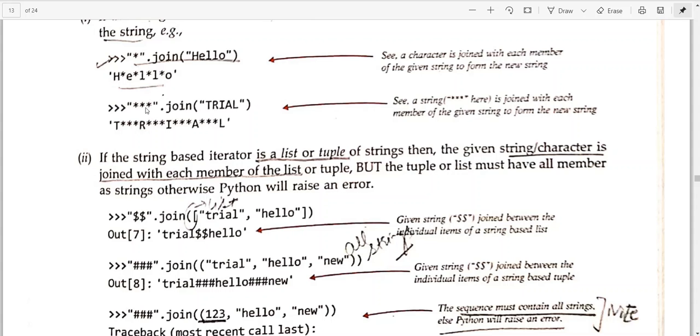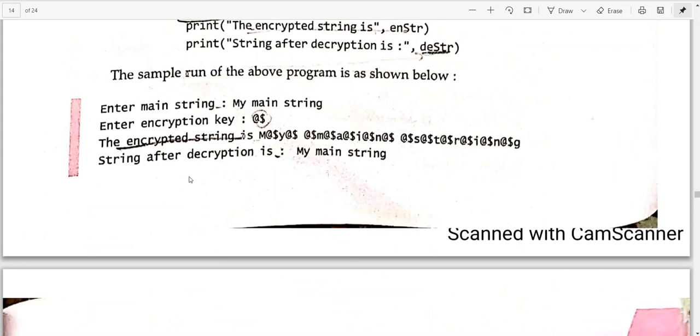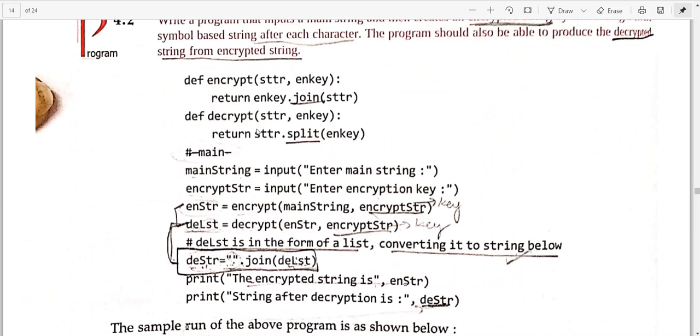So for encryption purposes, we will be considering this your string that is to be encrypted, that is to be encoded, so that it may not be available for the user to read and to know what you are trying to send, and this particular string will be known as your key. So again, getting back, we were trying to put this string and this key. This is hello and this is the star.